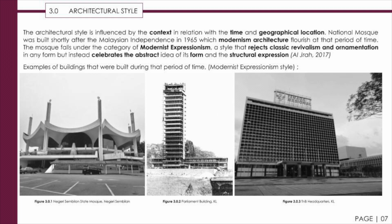The National Mosque was built shortly after the Malaysian independence in 1965, where modernism architecture was flourishing at that period of time. Therefore, the mosque falls under the category of modernist expressionism, which is a style that rejects classic revitalization and ornamentation in any form, but instead it celebrates the abstract idea of its form and the structural expression. Here are some examples of buildings that were built during that exact period of time using the same architectural style